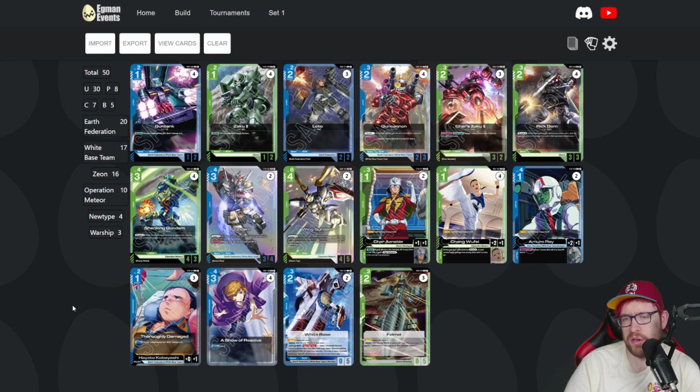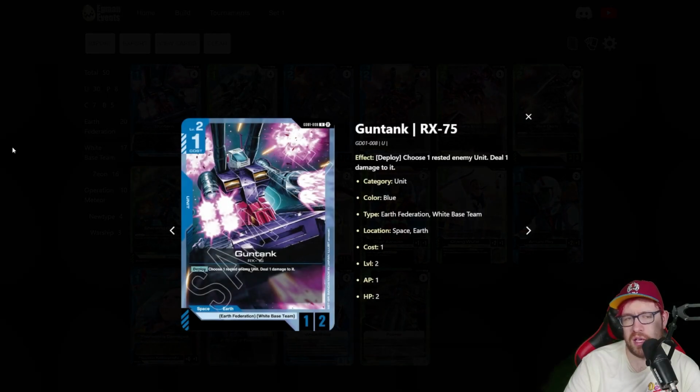So I think all that's very strong, and that helps out the deck quite a bit as well. Other than that, we're just running more of the value cards for this deck. As I mentioned, blue is very, very strong in this game. Gun Tank is probably one of the better cards in this game right now, so being able to run 4